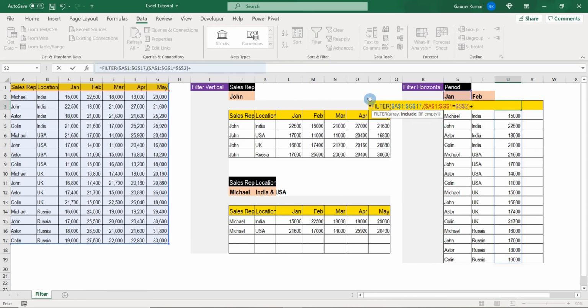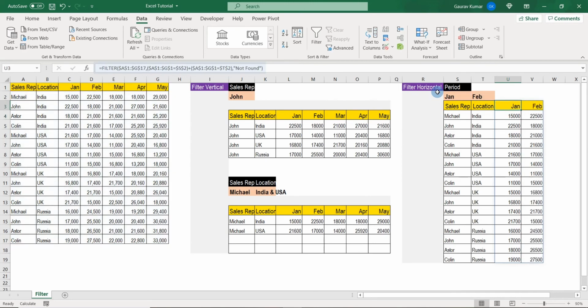Close the bracket, use the plus sign, open bracket, select all the columns, specify your second criteria, that is February. Close the bracket. If empty, we can specify not found and close the bracket. Press enter. We have the data for January and February.